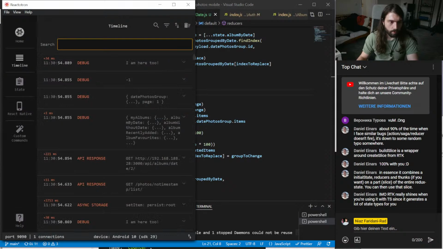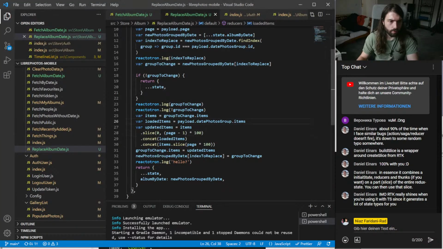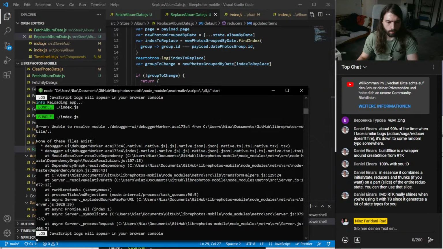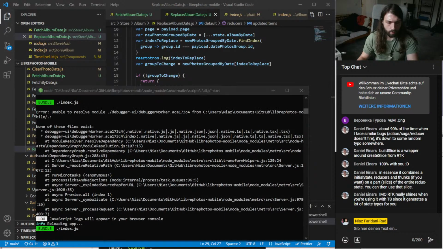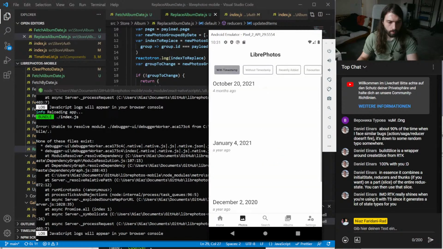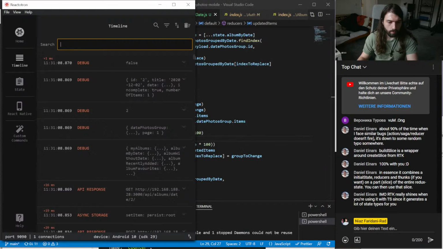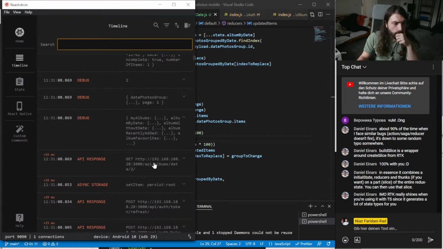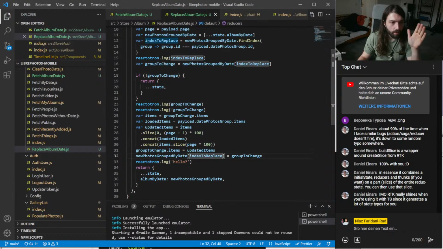Save. It somehow crashes between these lines because we never get to reactotron hello. And I don't get an error.